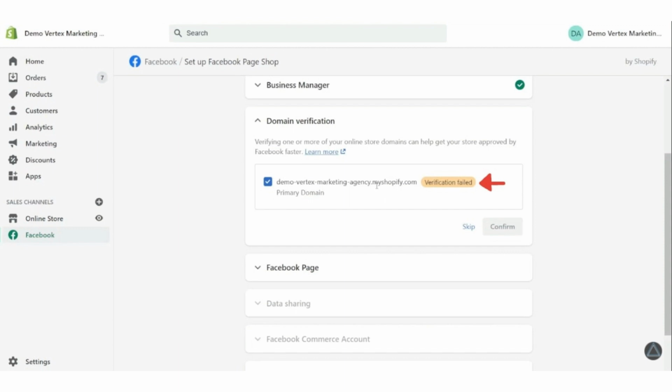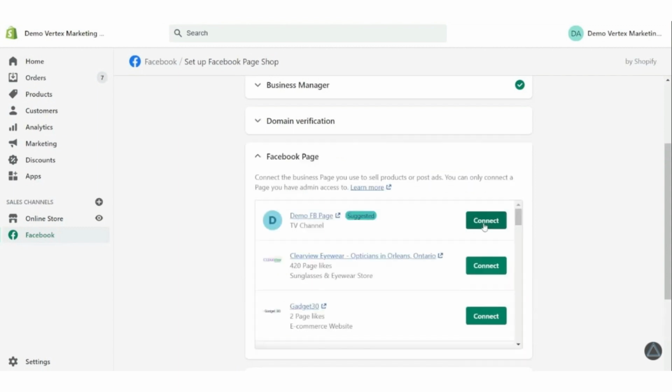After clicking the confirm button, your domain has to be verified, so you can receive and send emails. And if it isn't verified, then you can find different ways to verify your domain in Business Manager. So after confirming, you have connected your Facebook page. For that, click on the connect button in the Facebook page tab, and